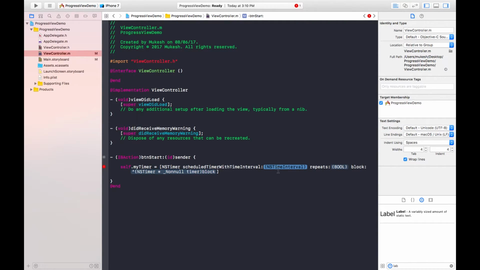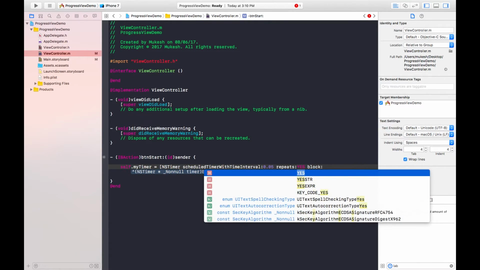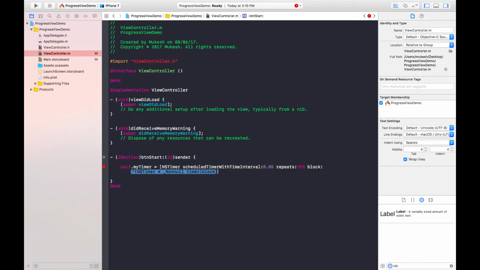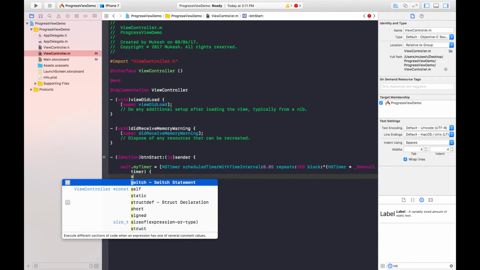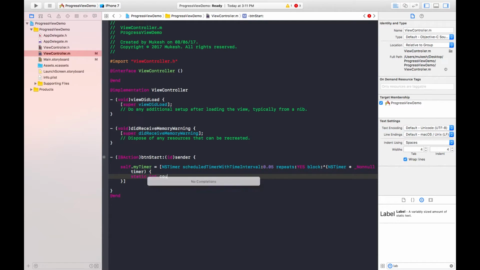So in this time interval I'm giving some floating point value, in seconds, and repeat is yes, and in the block I'm just pressing the enter button because we need to define everything in this block. So first of all, I need to take int type variable which should be static and name is count, initialized to 0, and incrementing its value by plus plus,